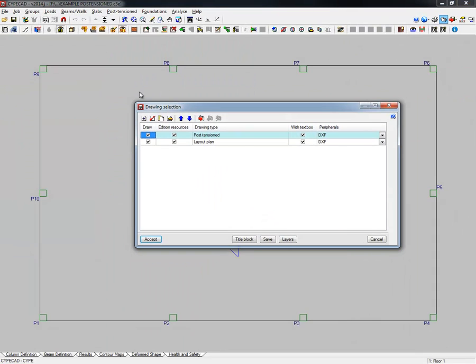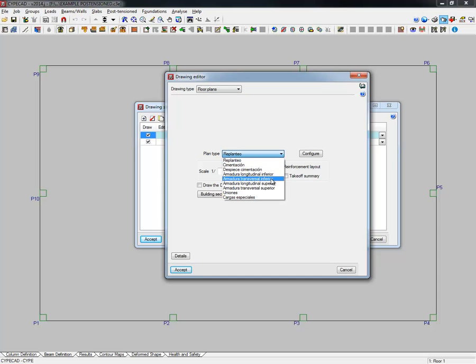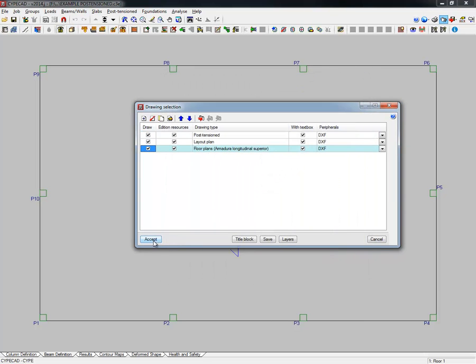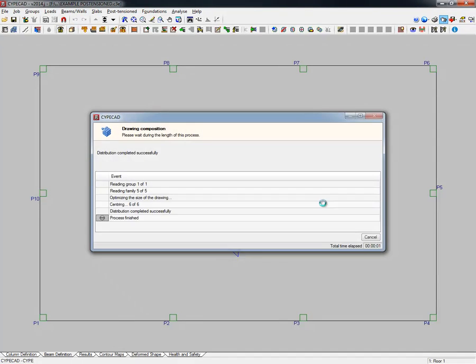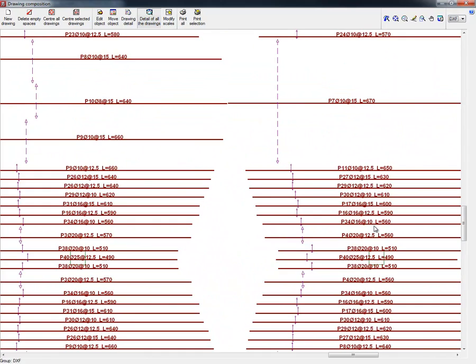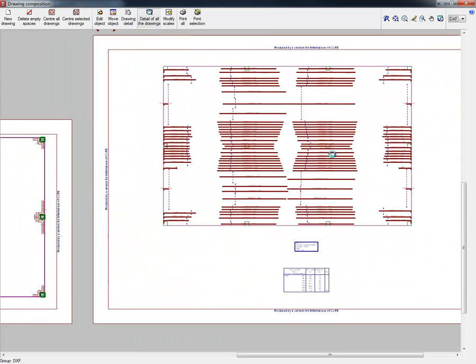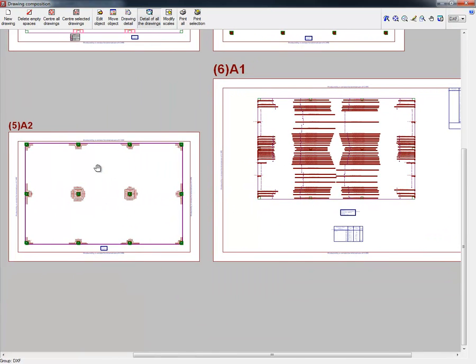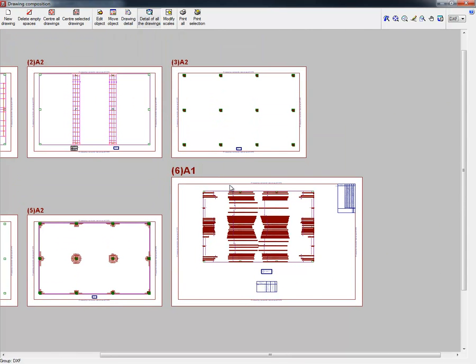And if we want to see as well the floor plan, for example, with reinforcement like that, and we accept. Okay. In the example that we have, because in this case we don't modify the reinforcement on the slab, this is how the final drawings will be. We can also introduce the bar bending schedule, etc. Okay,